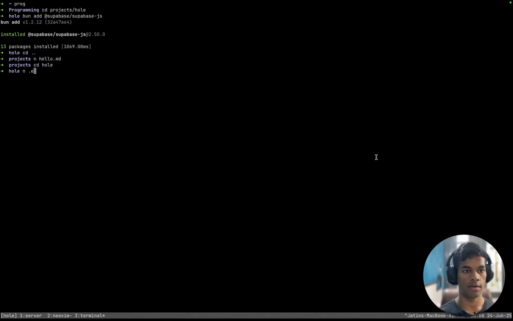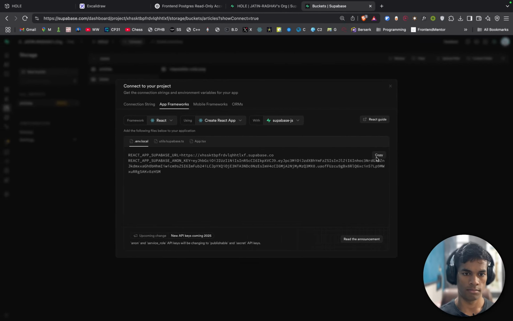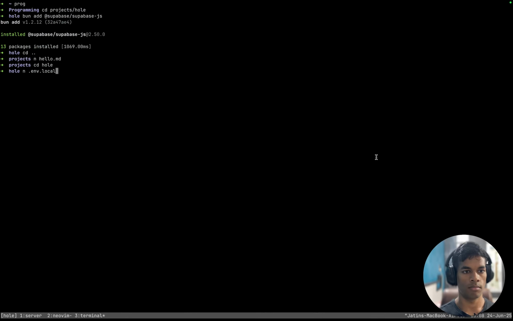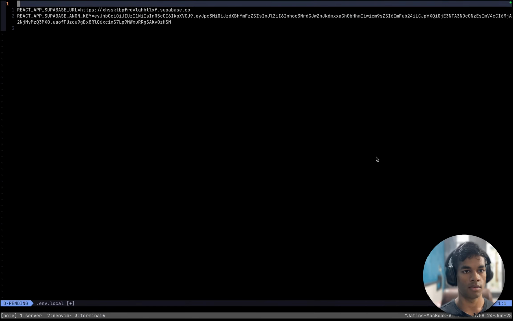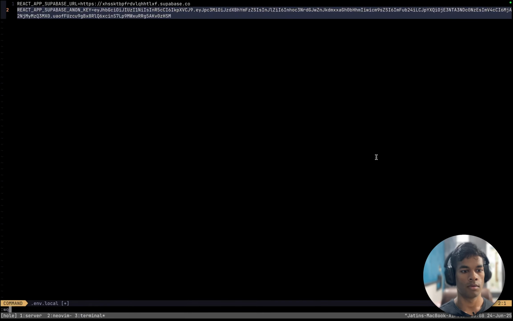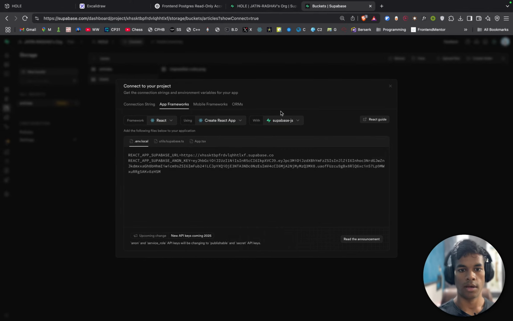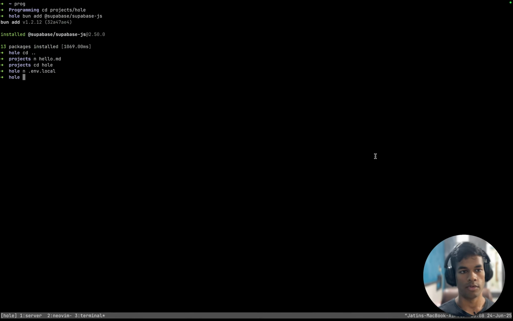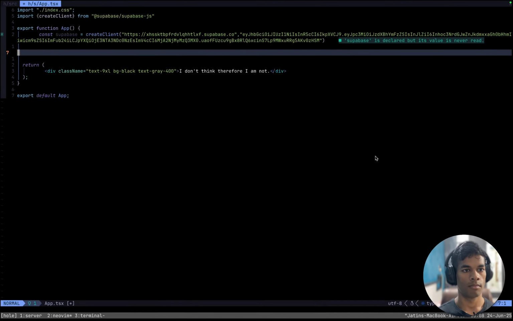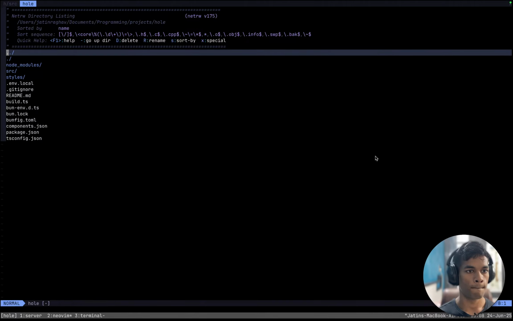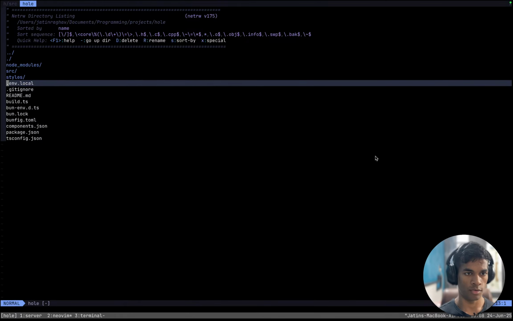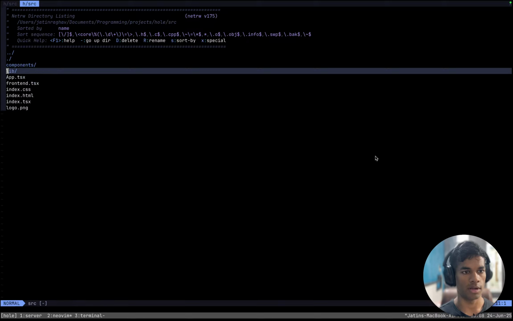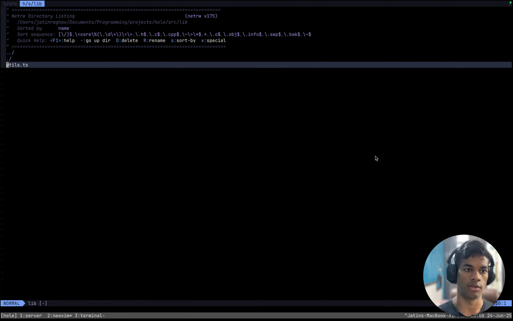Whole .env.local, paste, and in utils.supabase, which exports the Supabase thing. I do not have a utils folder, but I will create it inside src or inside lib. Yeah, utils.ts. That is cool.